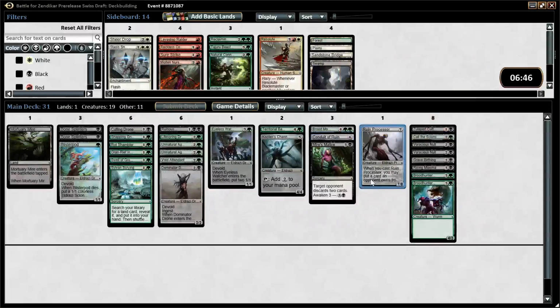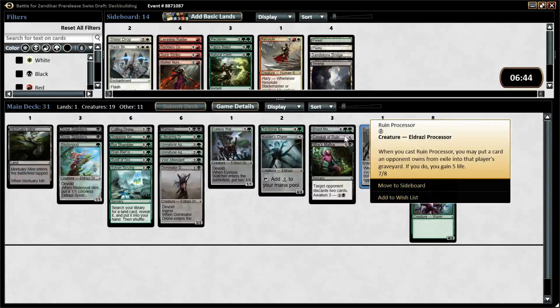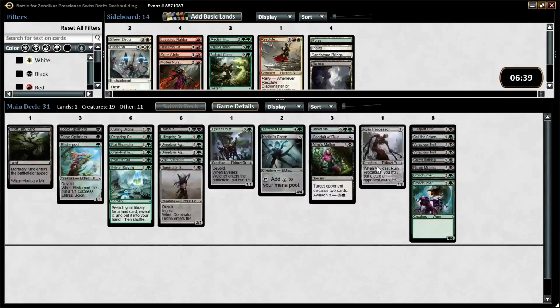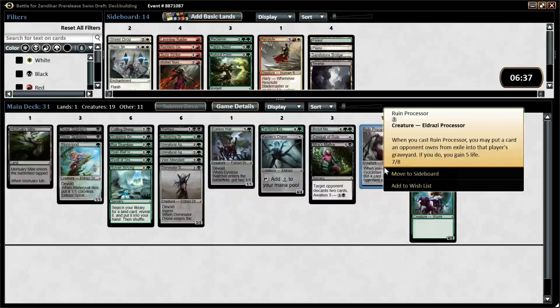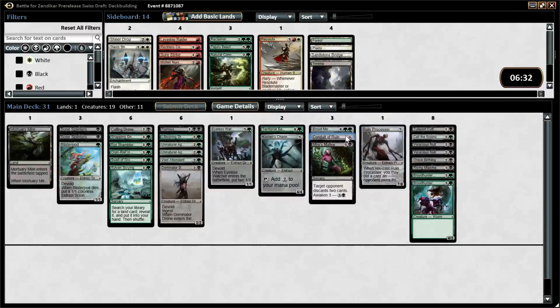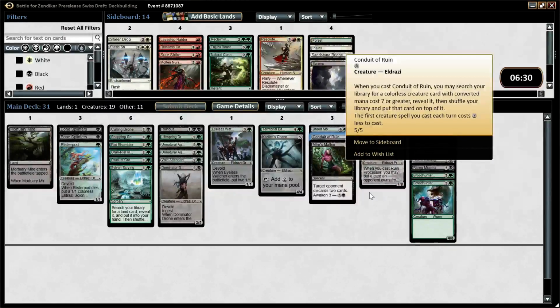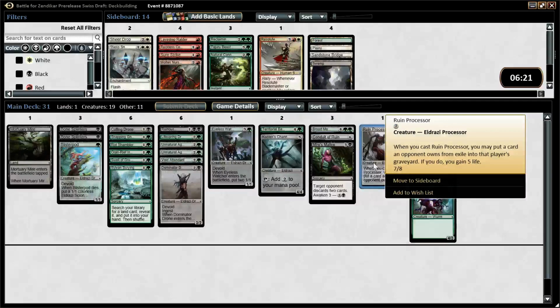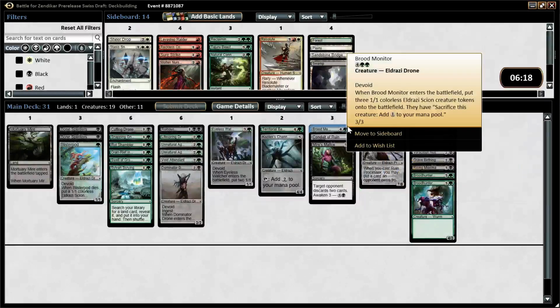Conduit of Ruin at least finds this processor. And yeah, it only finds the processor, but if we're casting Conduit of Ruin, putting this processor on top seems fine. It's going to stabilize us, right? If we have any ingest going on at any point in the game, Conduit of Ruin can come in, and then we can just slam the processor the next turn, and now we have a 5/5 and a 7/8, and we've just gained 5 life. So I think that's a pretty easy pick. And the Brood Monitor also seems sweet as far as our